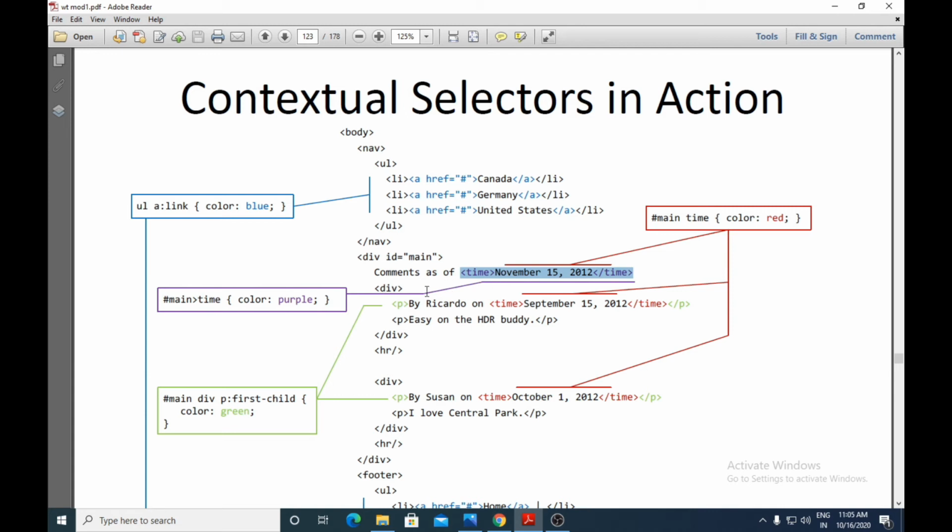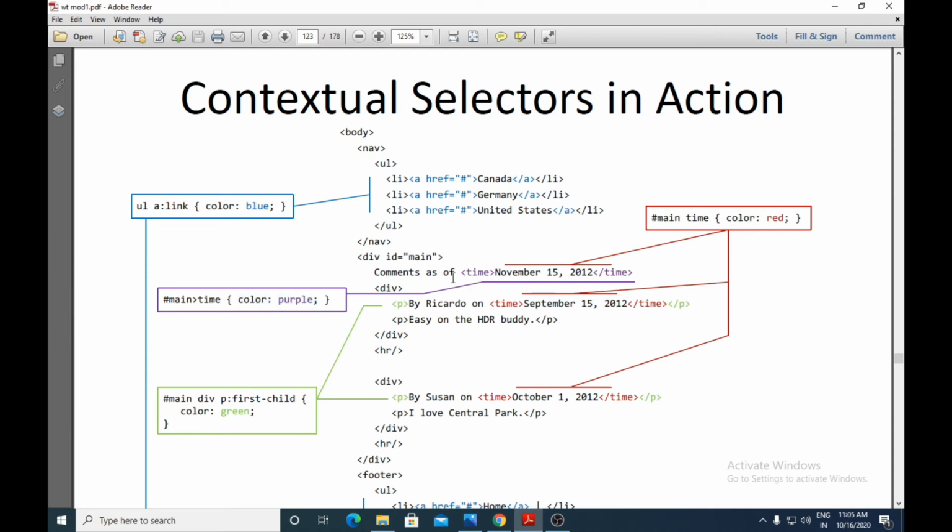But this style will not be applied for this time. Why? We'll see. So here we have the id again, hash main, and this is the first child. Greater than is used for what? Immediate child. And which element has to be an immediate child of main? That is time. And for that, the property color purple is used.